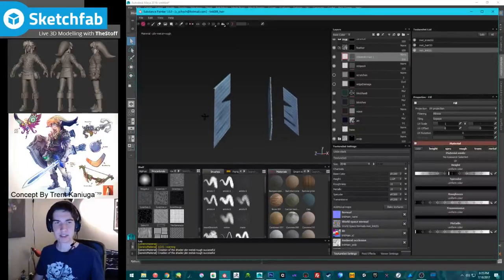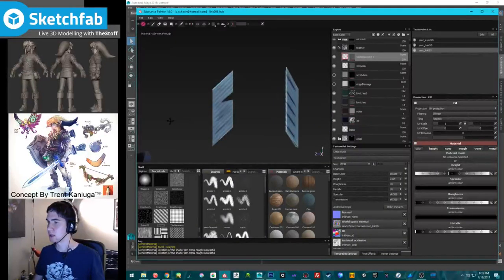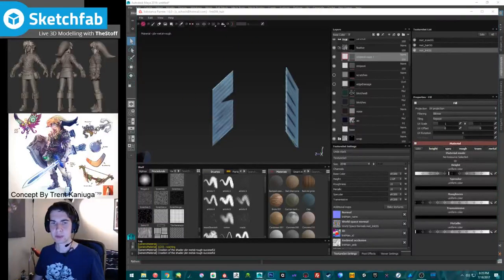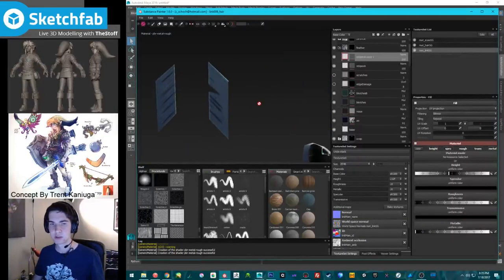So I do want to add some sort of color to them. One thing I wish Substance Painter had was a create-shapes option, like a stamp brush. That would be wonderful.